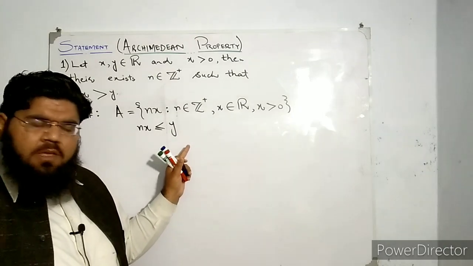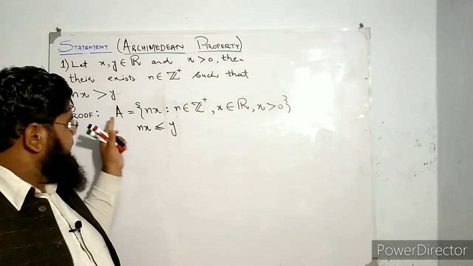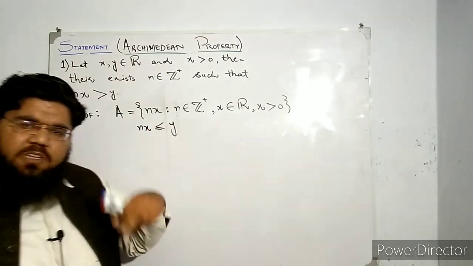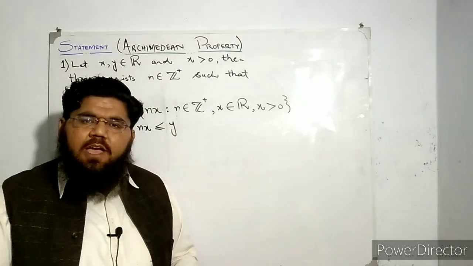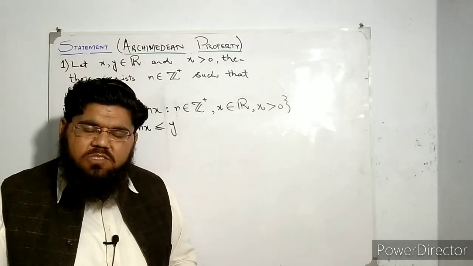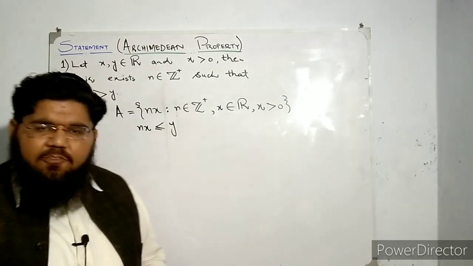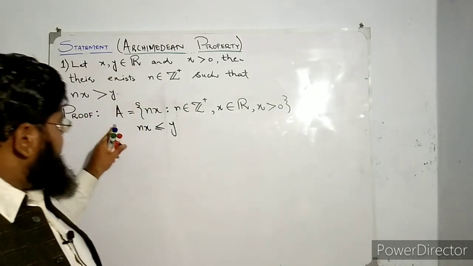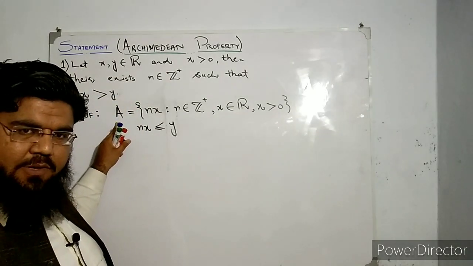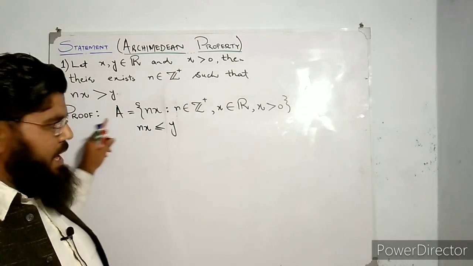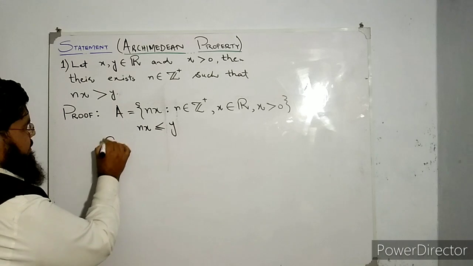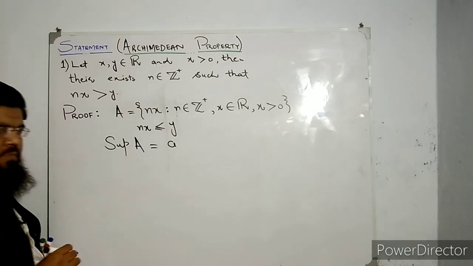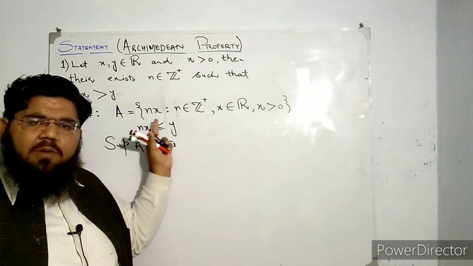So what is this y? It's known as an upper bound of the set A. Okay, so y is an upper bound of the set A. Let me take you back to the supremum property that you have studied already in the real analysis course. What does it say? It says that every nonempty bounded-above subset of real numbers has a supremum in the set of real numbers. So here we have a set which is a subset of real numbers, so its supremum will also exist. And let's suppose that the supremum of the set A is small a.